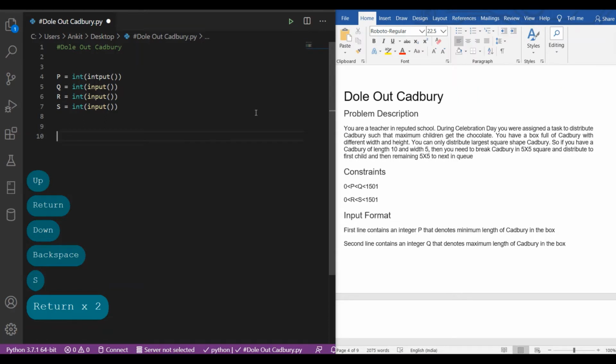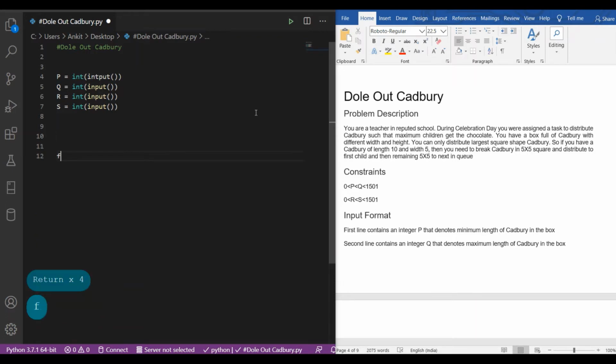Now we have to create a for loop for all the conditions, to see how many types of dimensions there are for the Cadbury length and width in the Cadbury box.